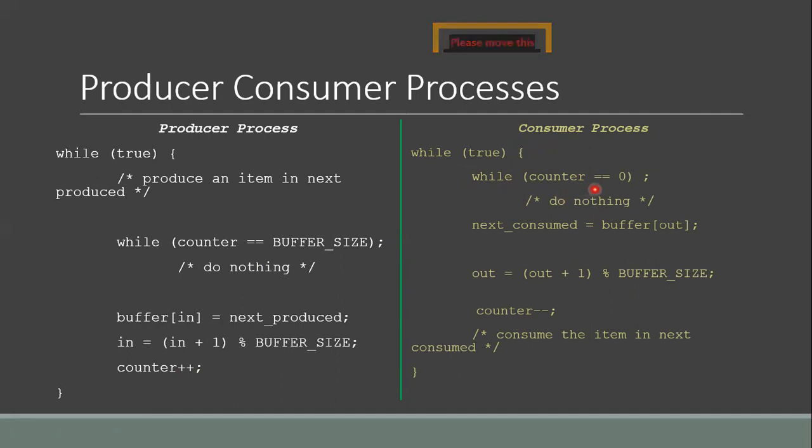When this condition is false, the consumer process will remove the item from the buffer and assign it to next_consumed. It will increase the out pointer and decrease the counter value to indicate the total number of items which are available right now.